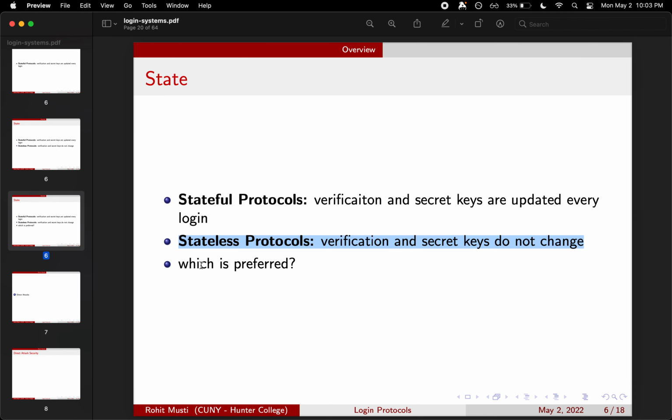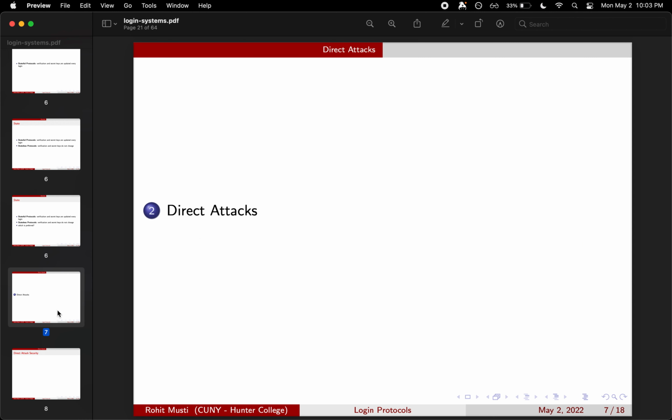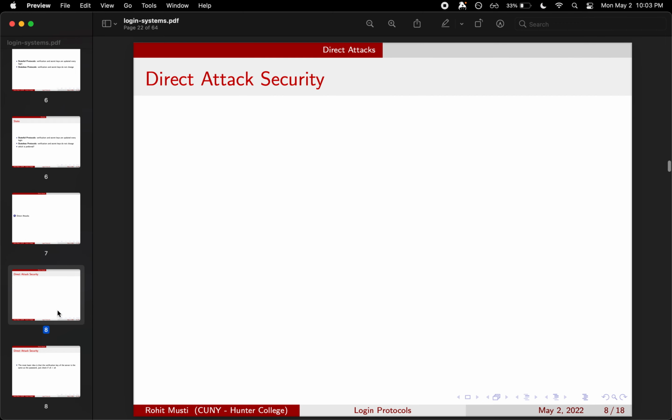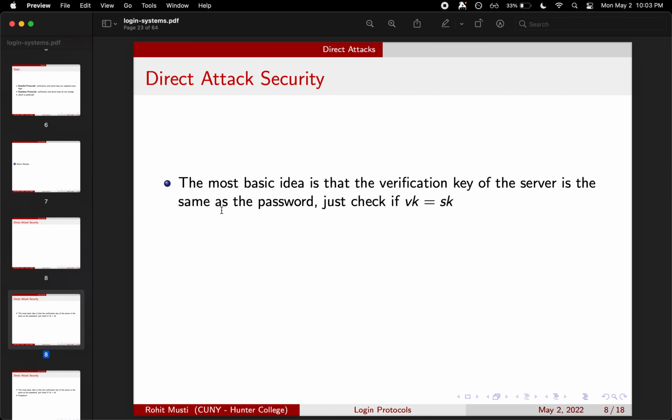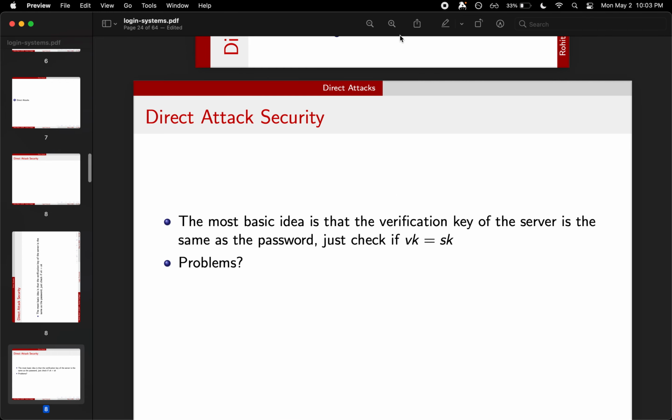So with that, let's talk about some direct attacks. So, direct attack security. The most basic password is, the basic thing is that, you have your